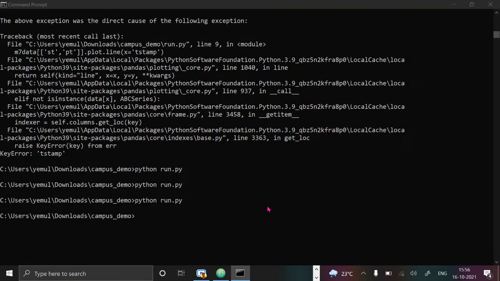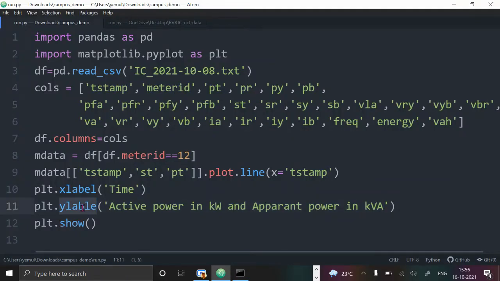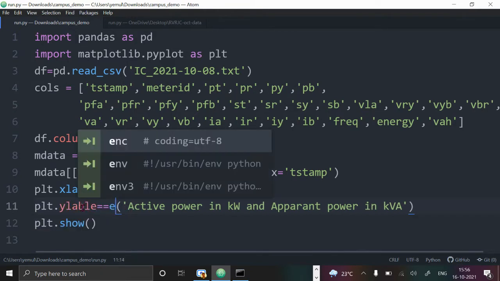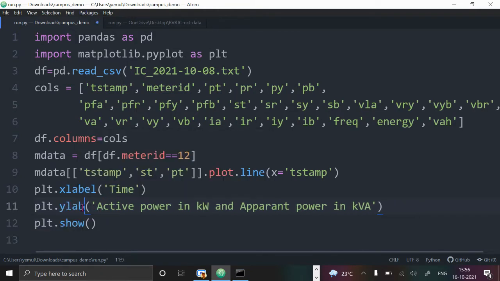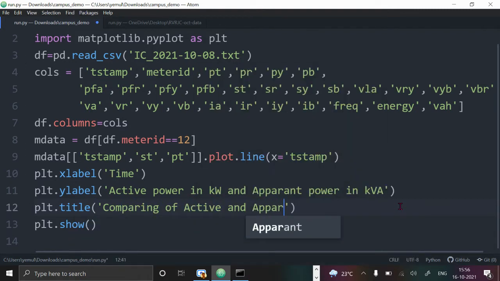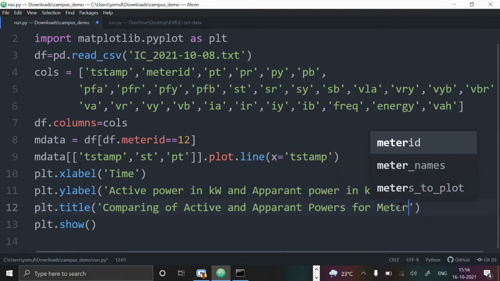Let's see the label. And I want to say plt.title, and the title I'm giving is: comparison of active and apparent powers for